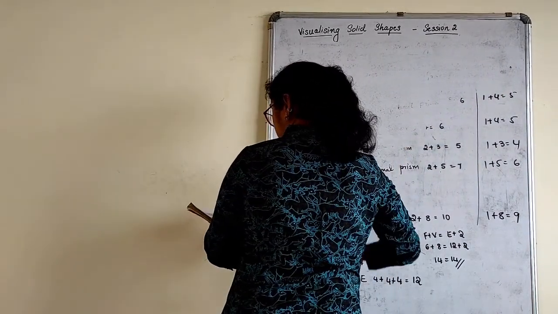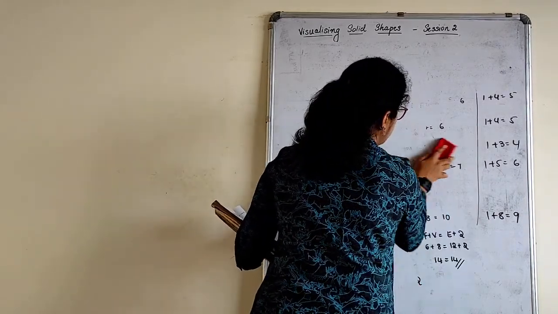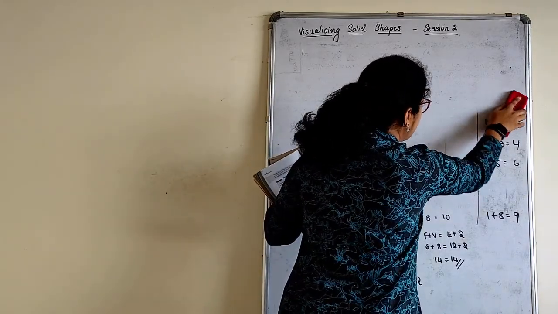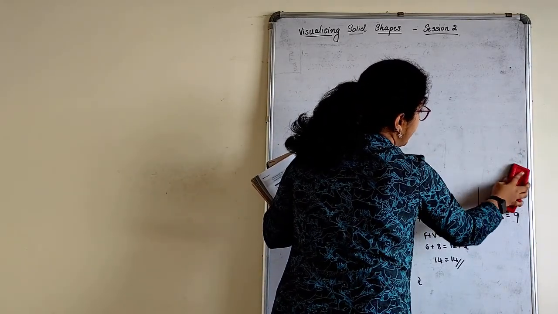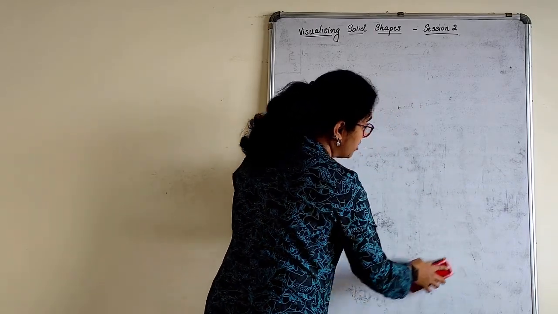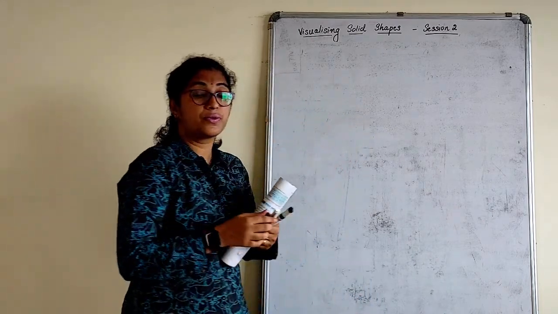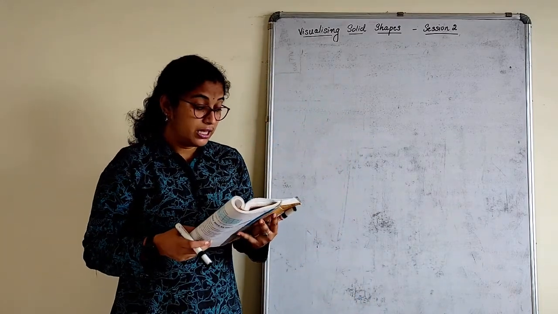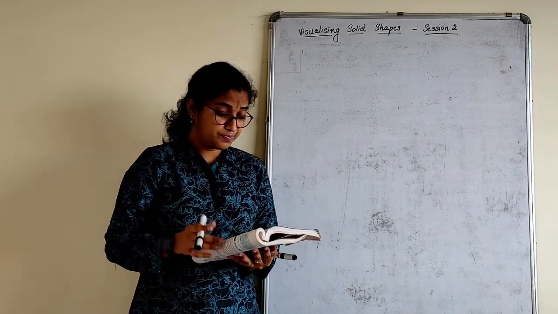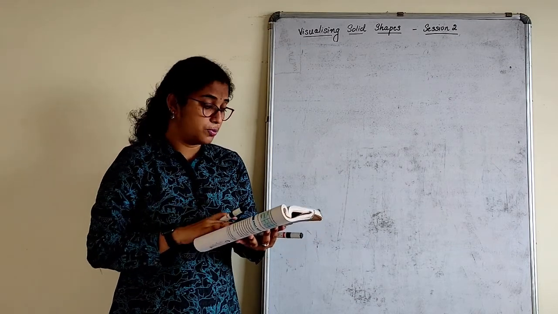So look at the first one. Now, as we already discussed, the minimal number of faces a polyhedron can have. How many? A polyhedron is named only if it has 4 or more faces. Fewer than 4, no, it cannot be called one, because each face will represent a polygon. If it has 3, it cannot be. Can a polyhedron, you have to only answer yes or no here. Mark this in your book only. Later you can write this in your notebook.